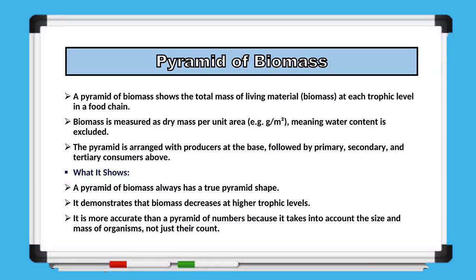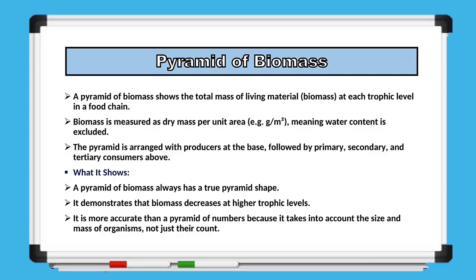Next, we will discuss the pyramid of biomass. A pyramid of biomass shows the total mass of living material present at each trophic level in a food chain. Biomass is measured as the dry mass of organisms per unit area, usually in grams per square meter. Water is excluded from this measurement because its amount can vary greatly and does not represent the actual organic material